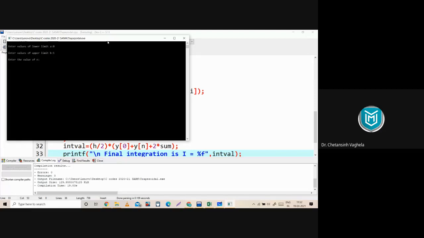Now what is n? n is the number of subintervals. And the accuracy of your answer will depend on the number of subintervals. So the larger the value of n, the more accurate your answer is. Right? Let's try to verify this thing. First, let me enter n equal to 4. So when I enter n equal to 4, as you can see, all the x and y values are printed correctly. And the answer is